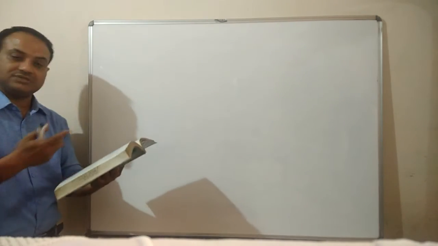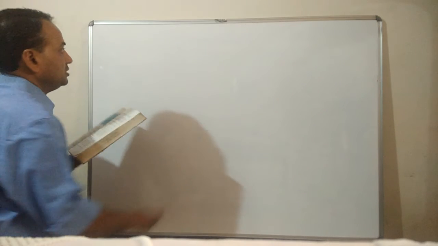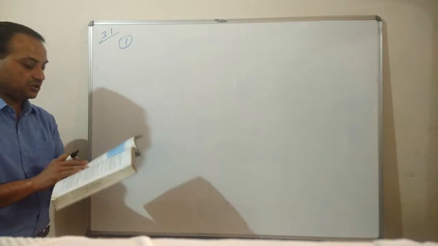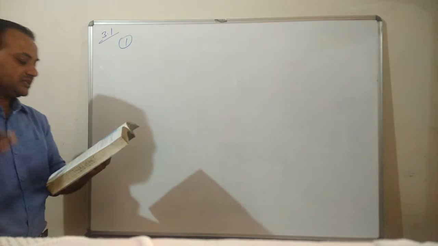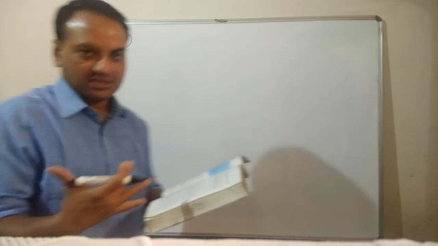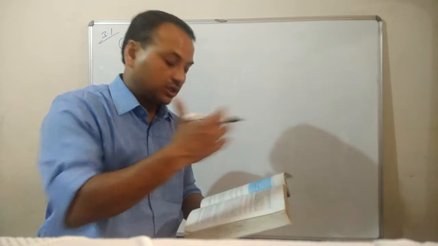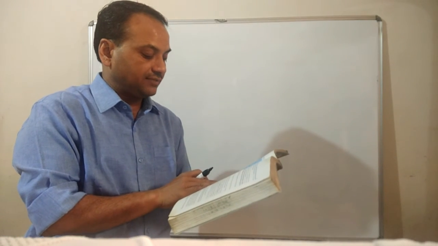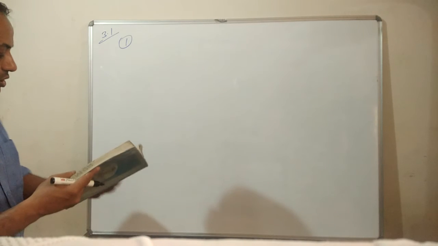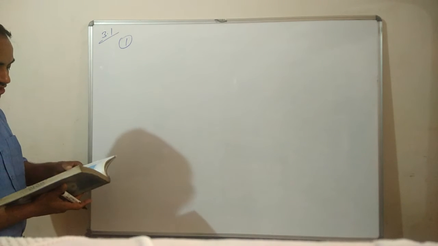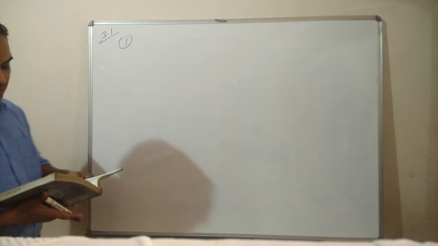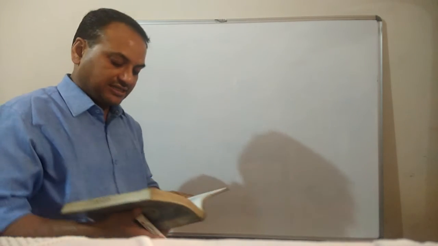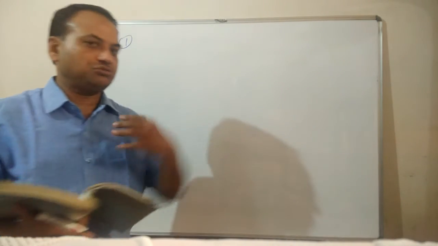Aftab tells his daughter, I'm just reading the question, we will frame the equation. This is exercise 3.1, and the first question I am just dictating for you all. Aftab is a father, and he tells his daughter: 7 years ago I was 7 times as old as you were then. Also 3 years from now I shall be 3 times as old as you will be. Isn't this interesting? Represent this situation algebraically and graphically. So this situation is given there.